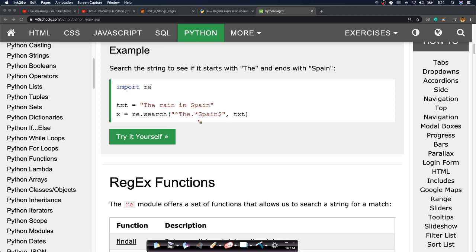What this pattern is telling us is that the string should start with "the", followed by 0 or more any characters, I don't care. Then it should always end in Spain. Right? So the good thing with